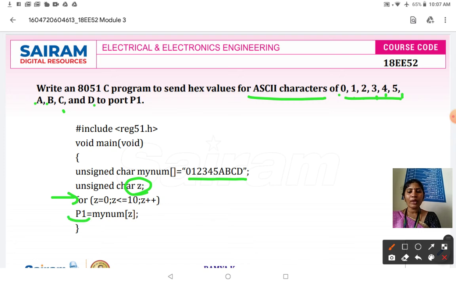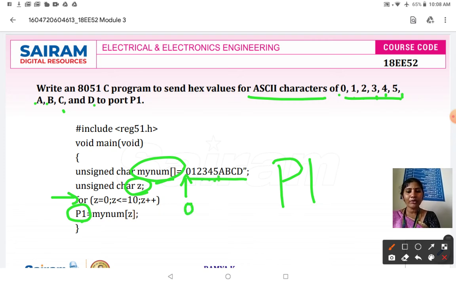So P1, as P1 is an identifier, we need to specify it only with a capital letter. So P1 is equal to, from this particular array I wanted to access the data one by one. The first data is the 0th data, then first data, second data, third data, fourth data, fifth data, sixth data, likewise it goes on. So P1 is equal to mynum of z.